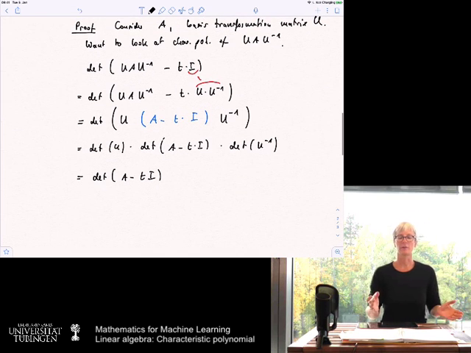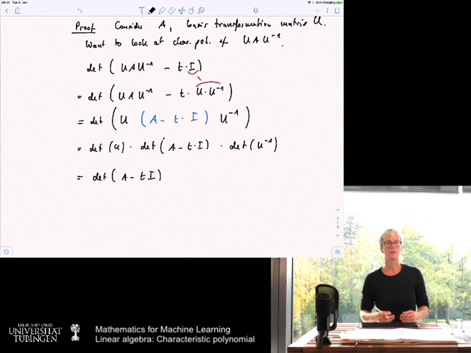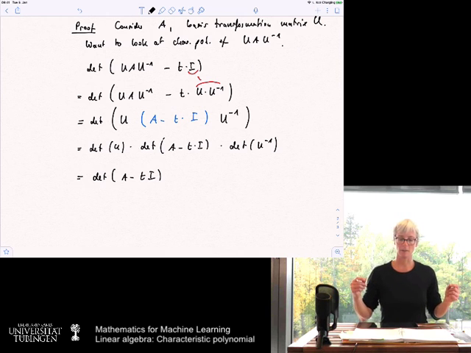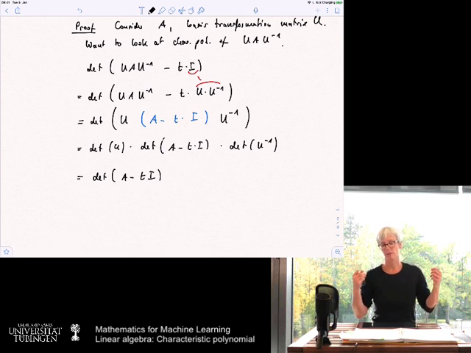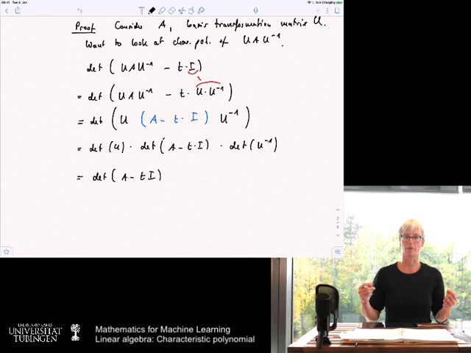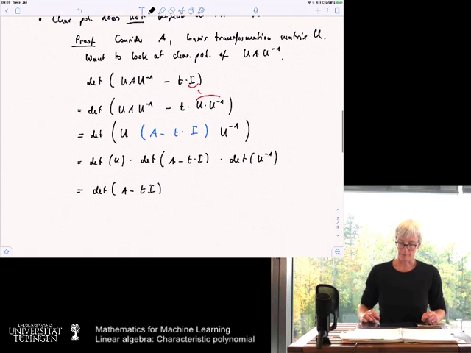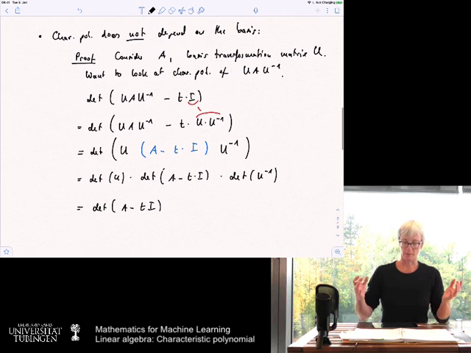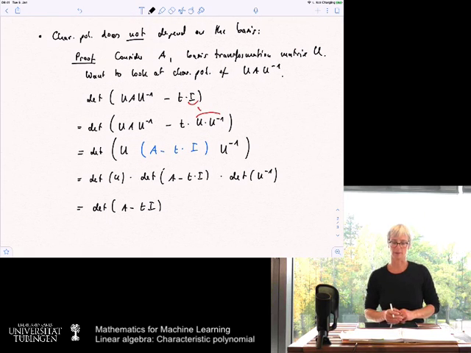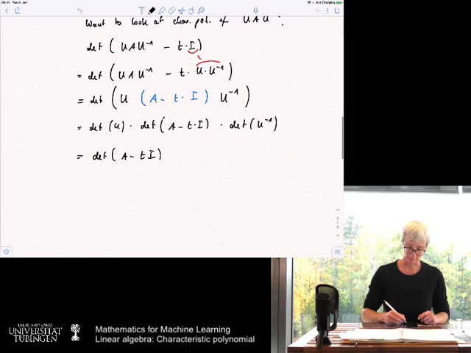And now if we look at the beginning and the end, what we see is that the characteristic polynomial of the transformed matrix is the same as the one of the original matrix. And this is what we wanted to prove. Okay, so this is neat and simple. Now, what we have seen is that the characteristic polynomial does not depend on the basis. What we now want to say is